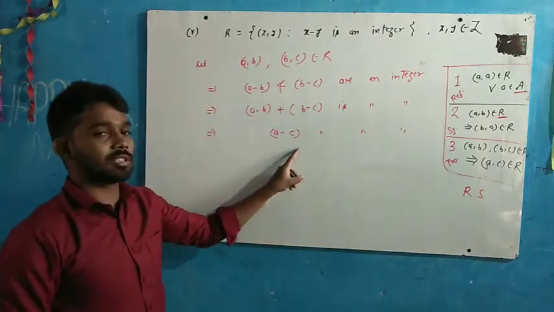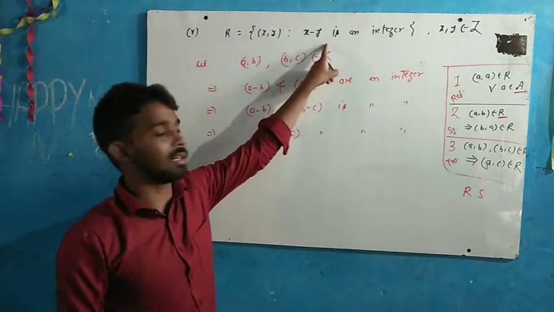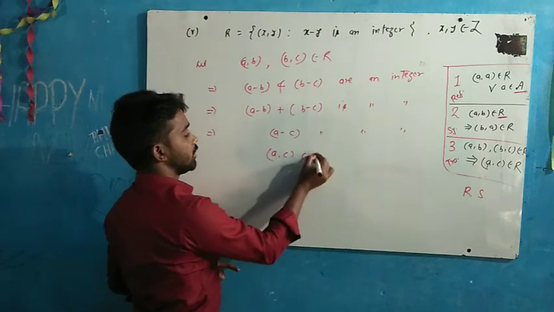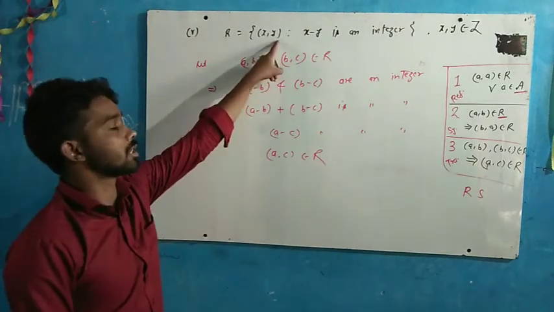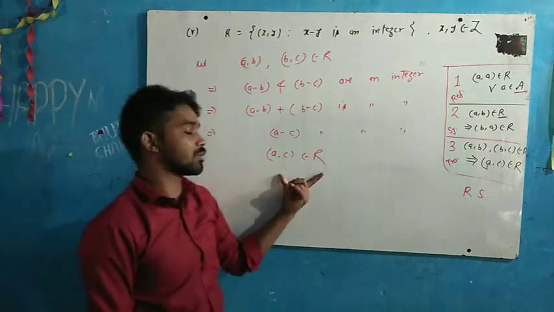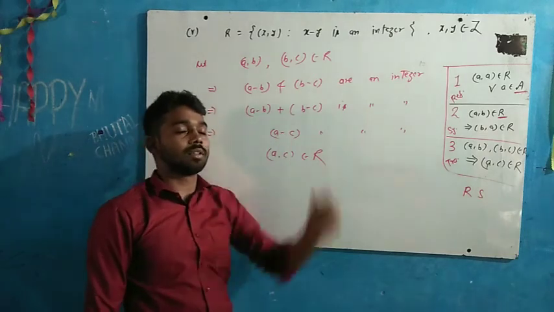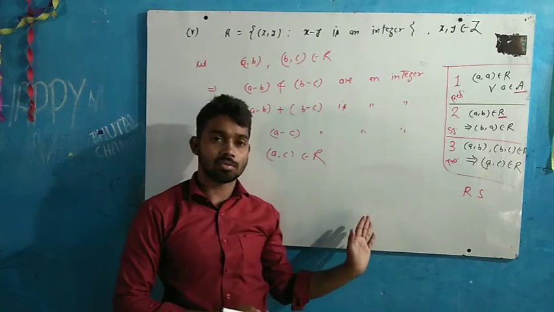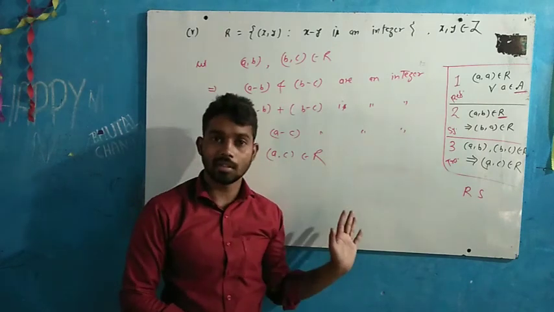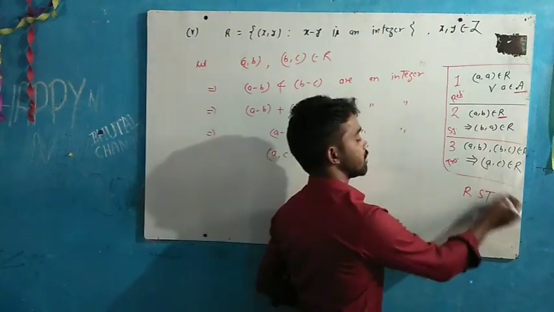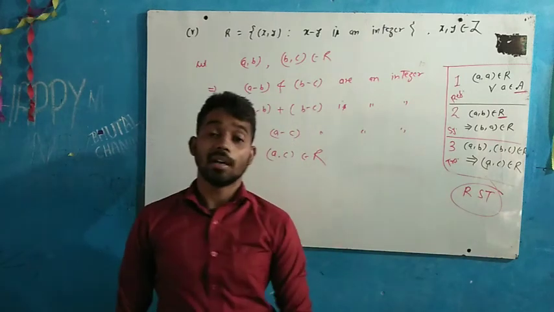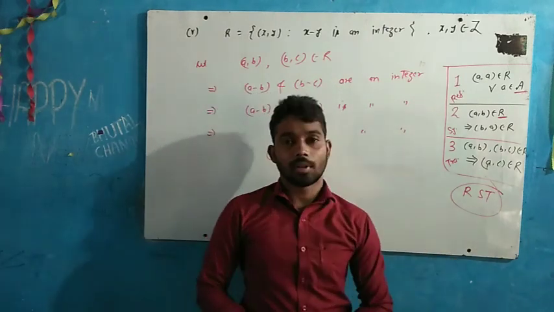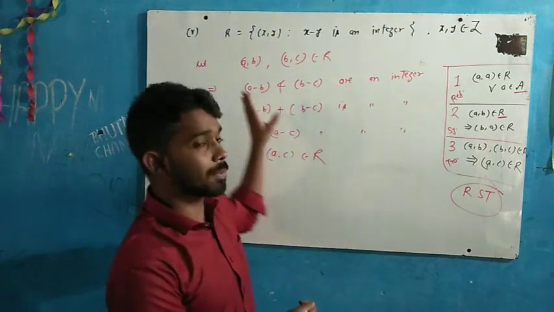Now first number minus second number is an integer, so (first number, second number) must be in R. So what we have seen here is that for every (a, b) and (b, c) belonging to R, (a, c) should also belong to R, hence it is transitive. That is very easy. Clear? So in this case, we have seen that this relation R is an equivalence relation because it is reflexive, symmetric as well as transitive. Clear? So it was the fifth part.